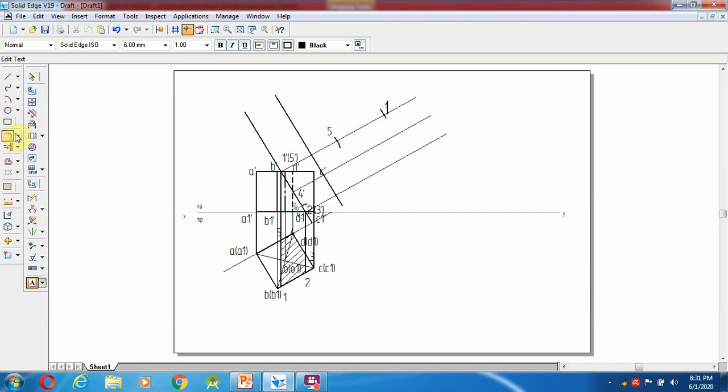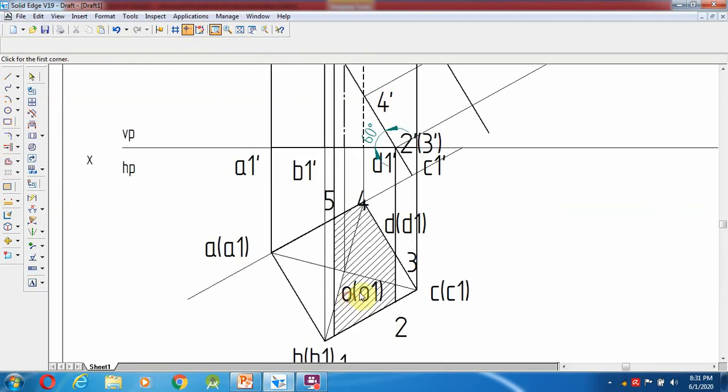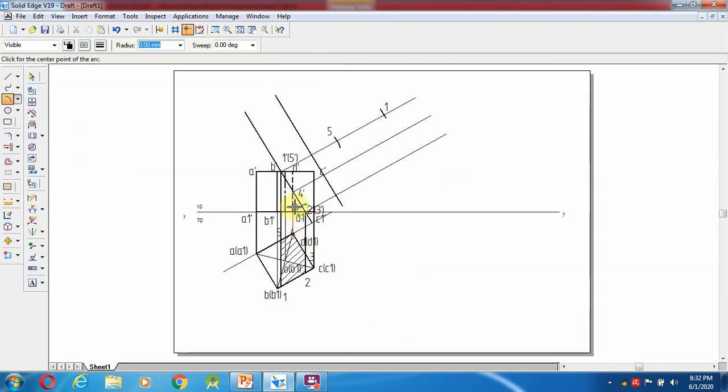Okay, now I'm going to draw the second one. It comes from here. Select an arc. So from here to the fourth point, what is the dimension? 15.99 mm. So give fit. So the fourth point comes over here. From here to 15.99 mm.